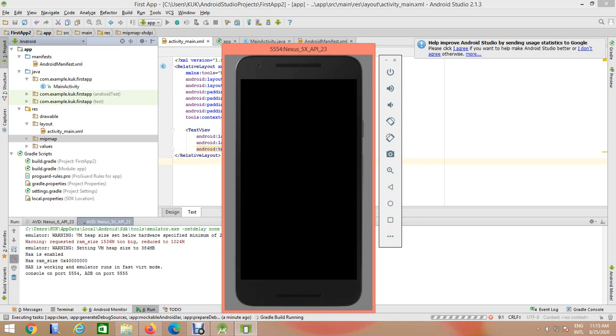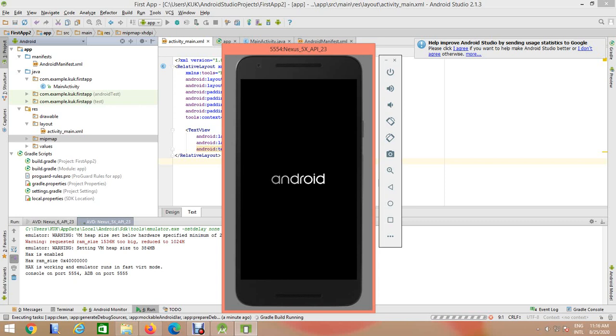So after starting the emulator, your application will be automatically installed in your emulator. So we are not doing anything here, we are just waiting. We are waiting for your emulator to start, then your application will be executed. So from this video we will go through the process of how our application is executed in the emulator. So that process will be clear to all of you.